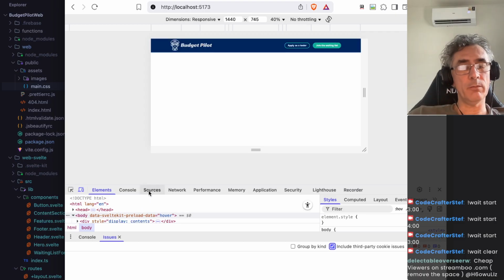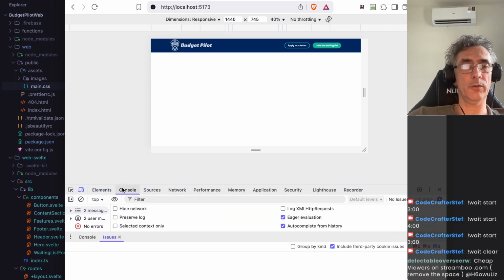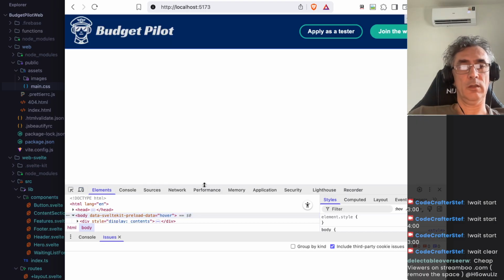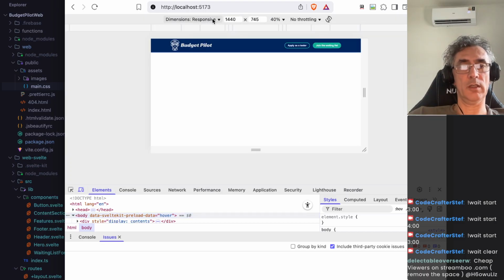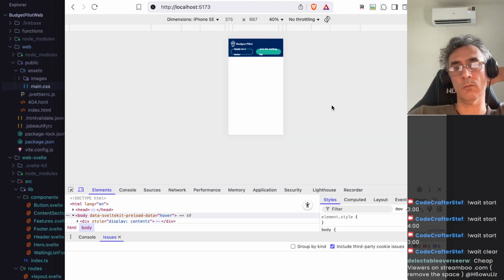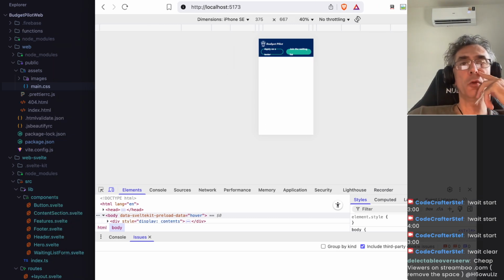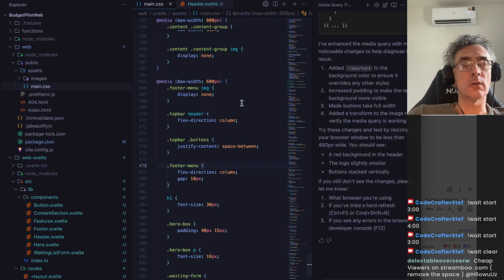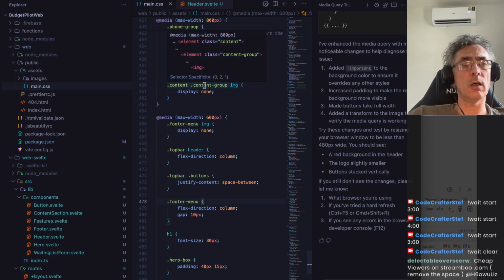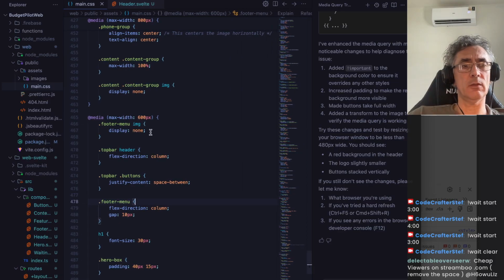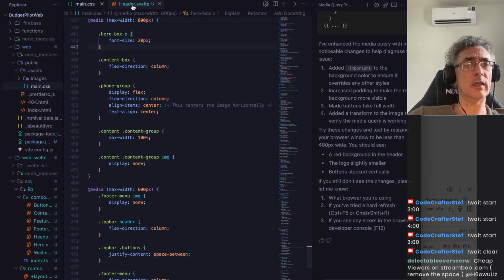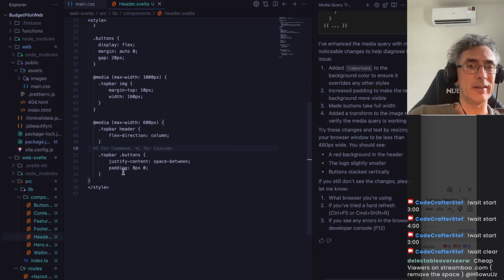Okay, okay, okay. That's good to know. So what do we do? Where is it? Go back to here and says iPhone SE. Make the font even smaller. That's the layout is already all right. So I go back to, right, this header Svelte now has a lot of that's the main CSS. That's why. Okay, no, it's good. So here